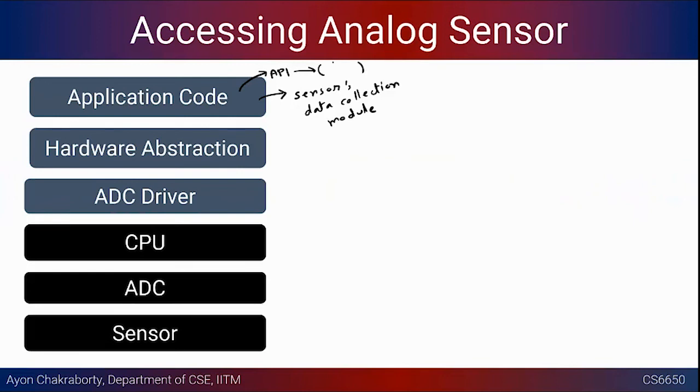Suppose you want to detect something using the sensing data. Your algorithms take help of the APIs that are already present in the library handed over to you by the vendor, and they will take care of all the nitty-gritty details underneath. So there will be a hardware abstraction. That library might run on different kinds of microcontrollers. Even in the same family there will be multiple versions, so there will be some amount of hardware abstraction in terms of registers and so on.